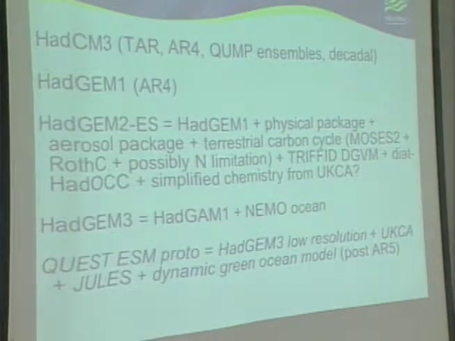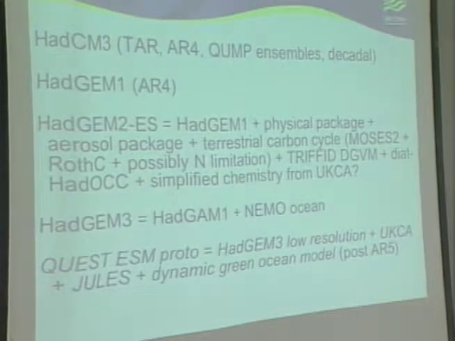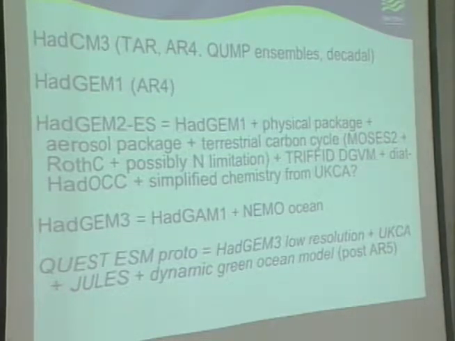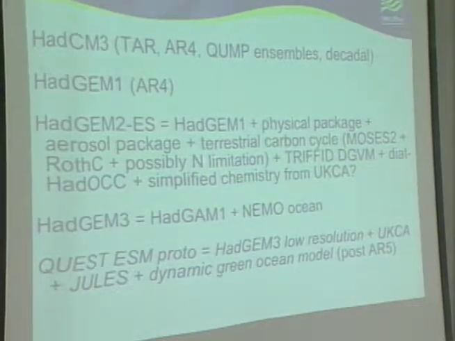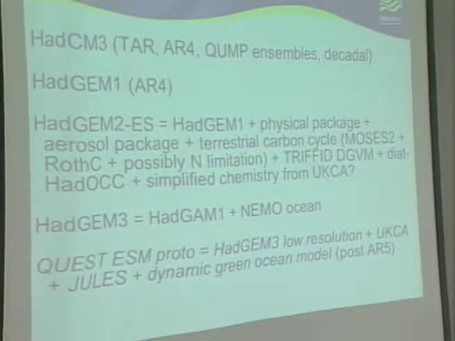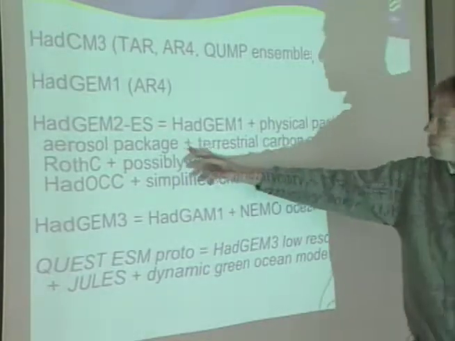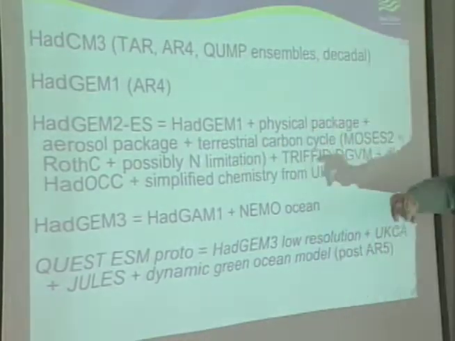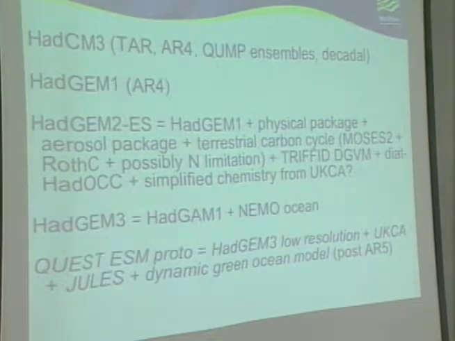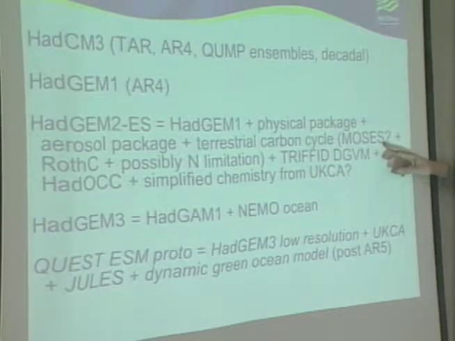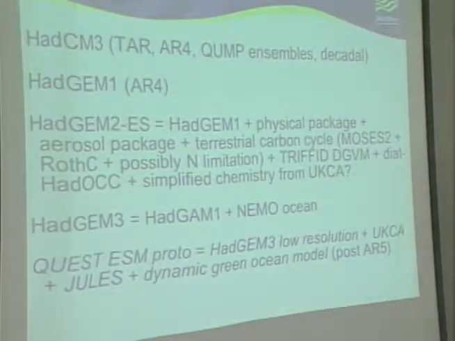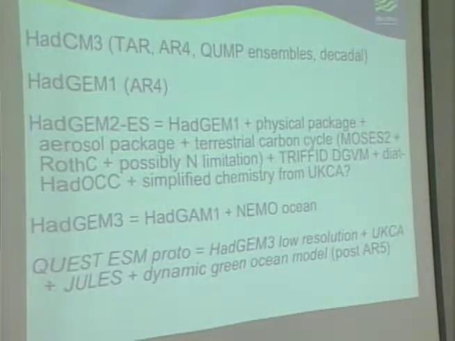So it's mostly based on HADGEM1. We've improved the physics a little bit, so there is a physical package on top of HADGEM1, but we're not talking about major differences. It's improving the variability in the tropics a little bit, but still ENSO isn't good enough. We've improved the aerosol quite a bit as compared to HADGEM1. And then we are coupling the terrestrial and the oceanic carbon cycle, so that is the MOSES 2 land surface process. We're using a new soil carbon model, which is RothC, the Rothamsted carbon model.